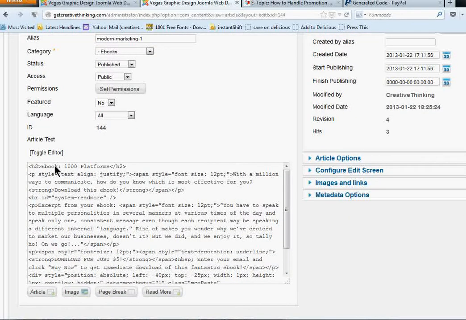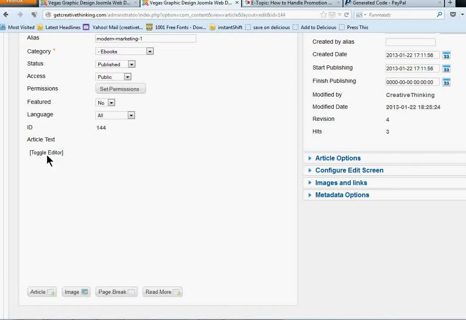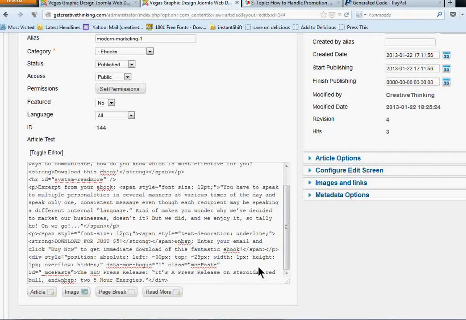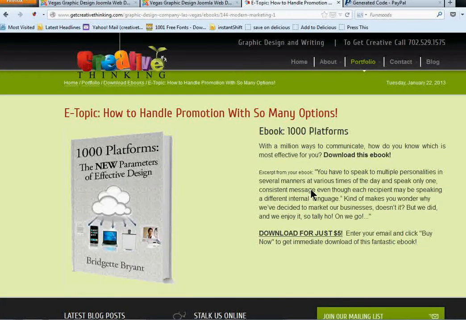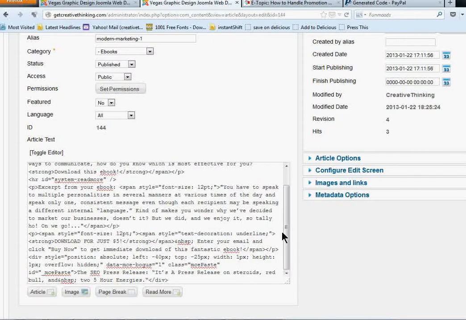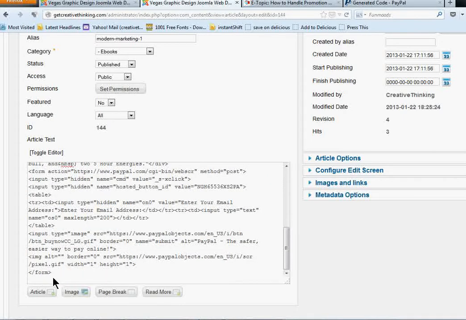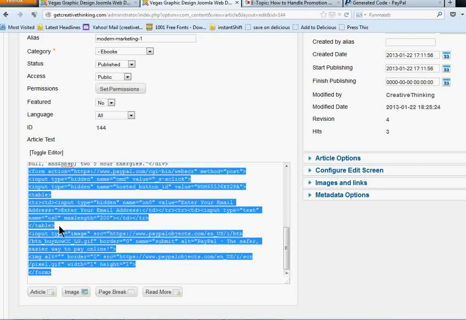You're going to be in the HTML view. I've got JCE editor, I think is what it's called, in here. That's why mine's all uber fancy. But you may just have the top 2 here and a button somewhere over here that says HTML, so you'll want to click that. In this editor, I click toggle editor and it takes me to HTML. So at the end of my text, which is all of this stuff, my picture's there and all this stuff is there, at the end of my text I want that buy now button. So I'm just going to click in there and paste that code that I just got. All of this is what we just got from PayPal,